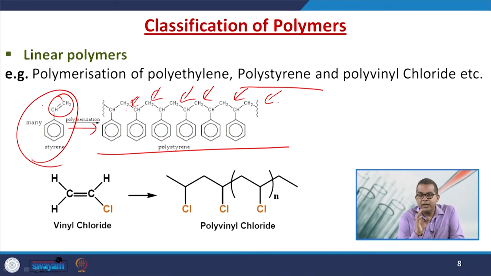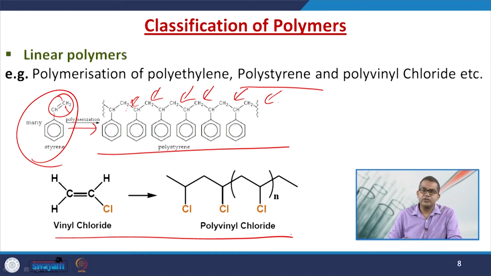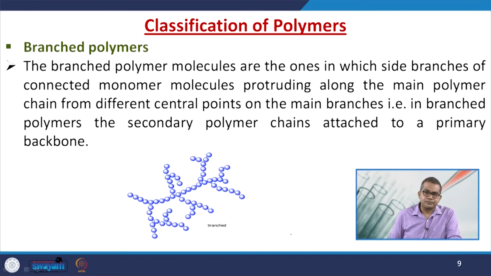They must have at least a functionality of a double or triple bond, because saturation is the most stable structure. It will be difficult to create these kinds of things with a saturated one. So, this type of unsaturation offers a very good route for the development of such polymeric products. Now, here is what I already discussed in the previous lecture, that is the formation of polyvinyl chloride.